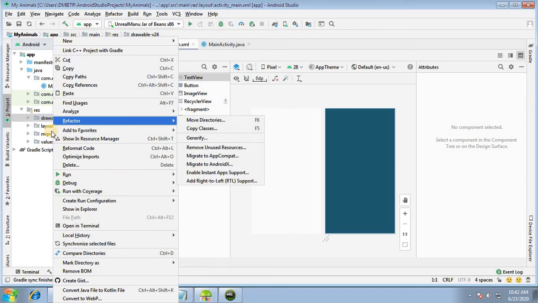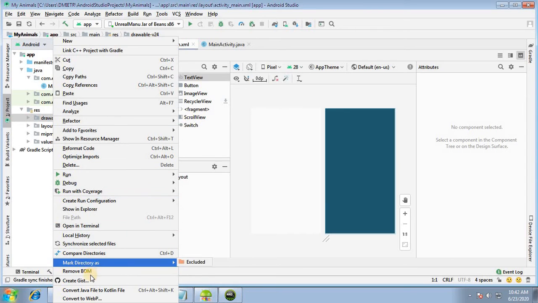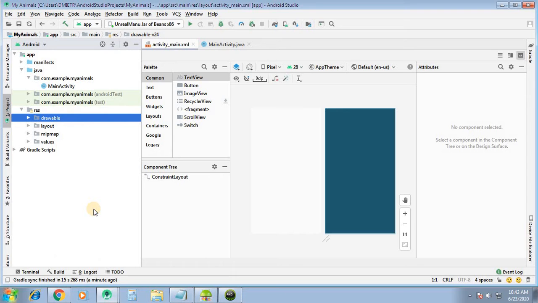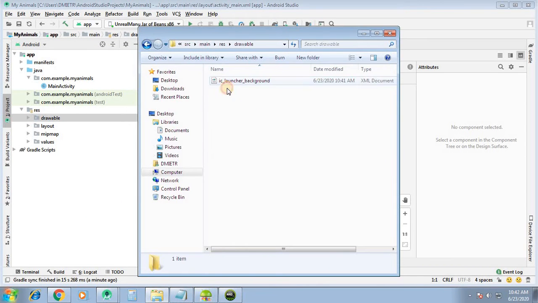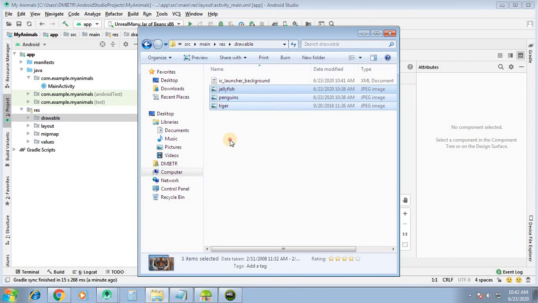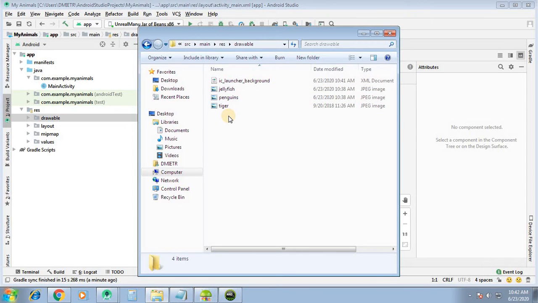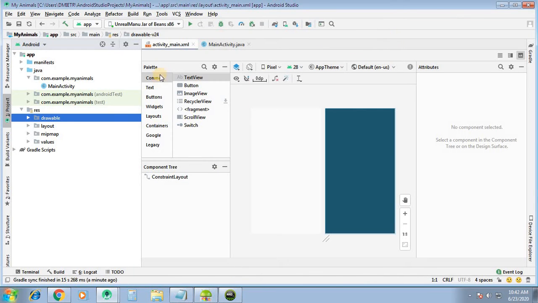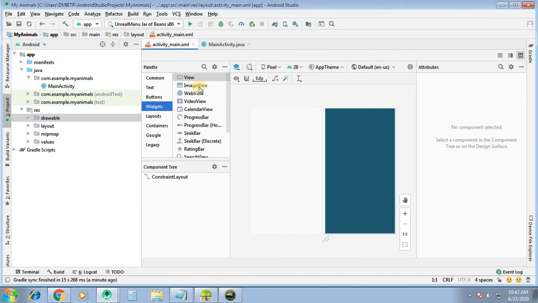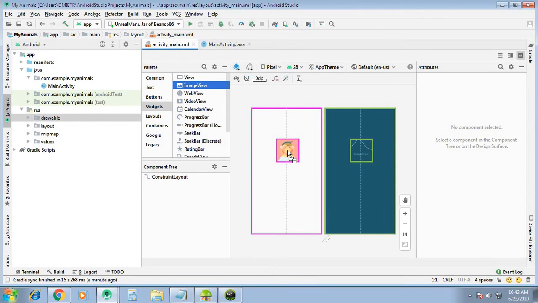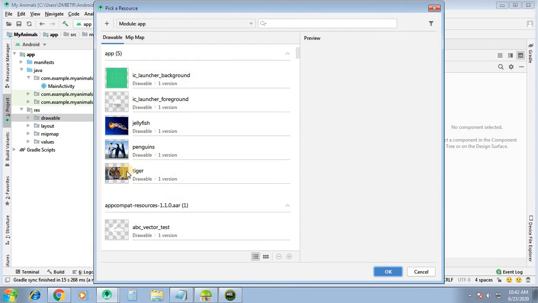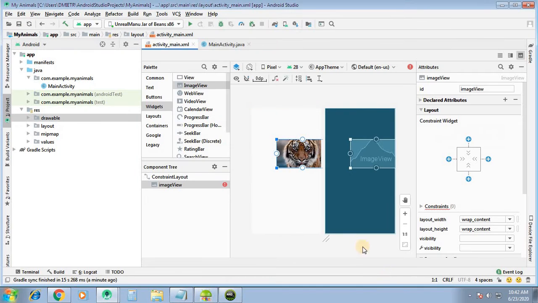So res, drawable, show in Explorer, and in that drawable folder I am going to paste these images: jellyfish, penguin and tiger. Okay, so I am closing this. From the palette widgets, I will drop an image view and select the tiger image at the initial stage.